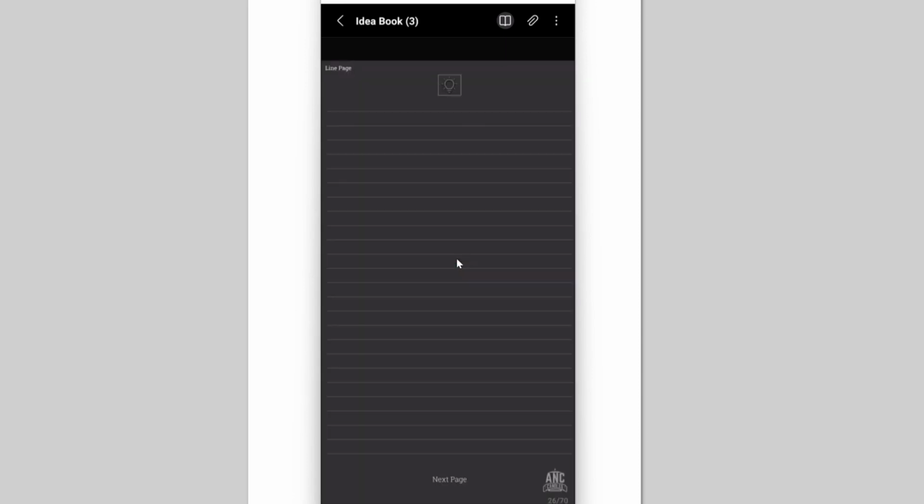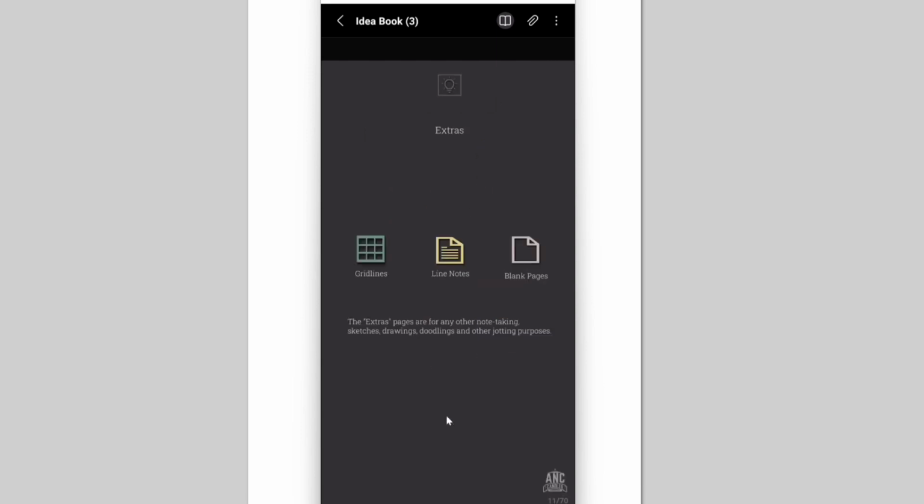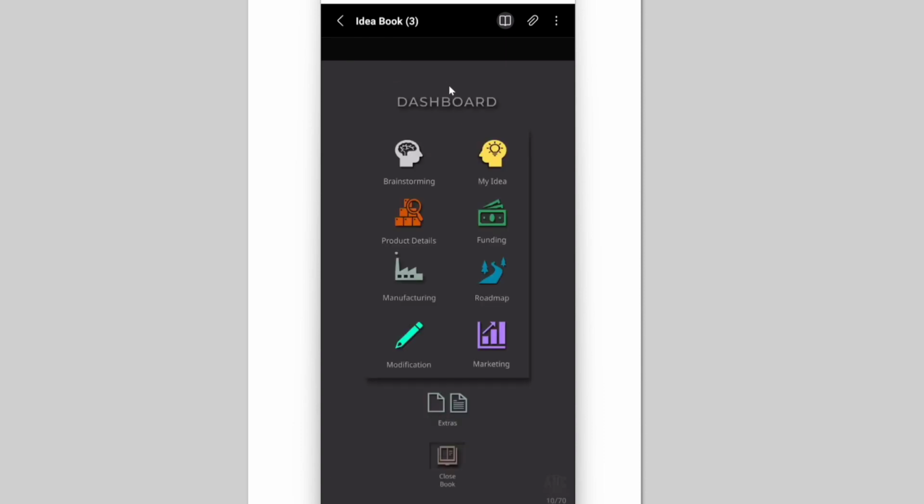And this one is the line notes. Okay, there are also 6 of these notes, of these pages, I mean. Okay. And this is the blank page. Okay. So guys, that's what I said I should show you guys that I created,